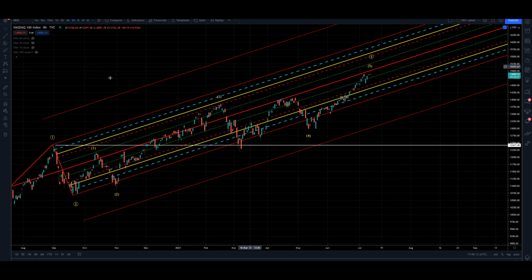We've come up to the median line, tested it. Now, as you can see, the median line here has been significant before. We had a test of the median line here. We had another test of it here. We basically channeled around these 38.2, 38.2 either side of the median line, support and resistance. So it is significant. And today, we can see that we've had just a little test here and we found resistance. Just so happens that the median line touched today coincides exactly with 15k, exactly 15,000 on the Nasdaq,